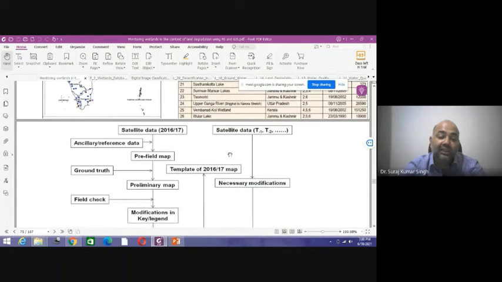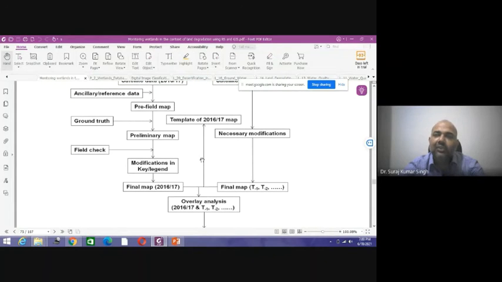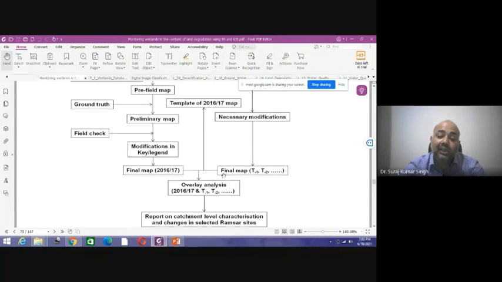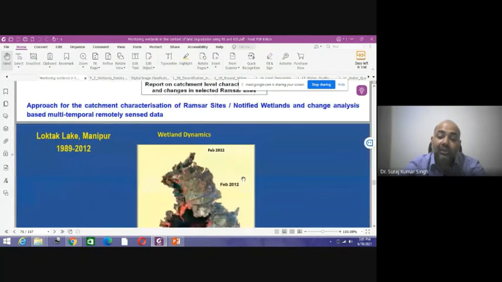So using the satellite data and other ancillary data with field data and ground data, we'll be trying to map a final map of the wetlands using the various indices that we have studied earlier, and they can provide real-time information on the changes that have happened over the decades in that area. Finally, we'll be overlaying different decadal changes, if you want to see what has happened from 1970 to 2020, and then we have various GIS models where we can predict the future. Such activities can be easily done, and we can monitor our wetlands.